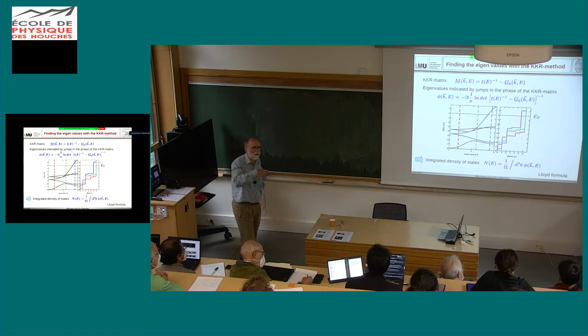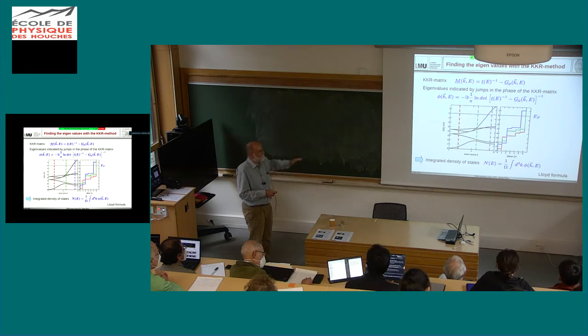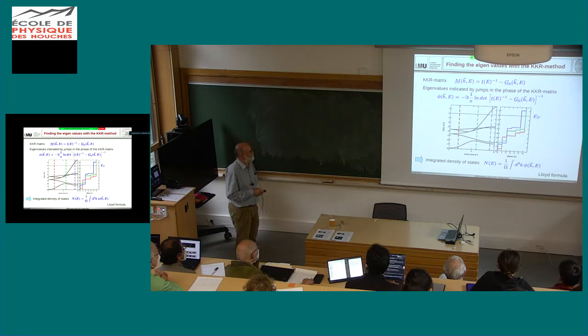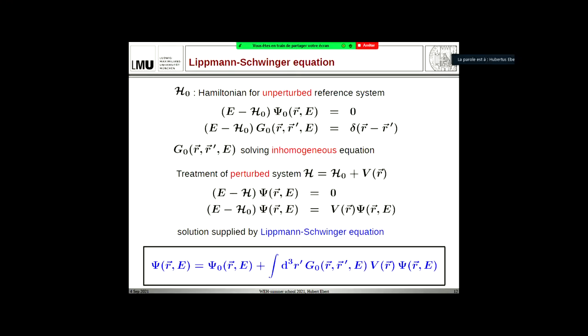But if you know the number of bound states that you have at negative energies below the muffin tin zero in energy, then you can even get absolute values concerning these phase shift values. Okay, now in the